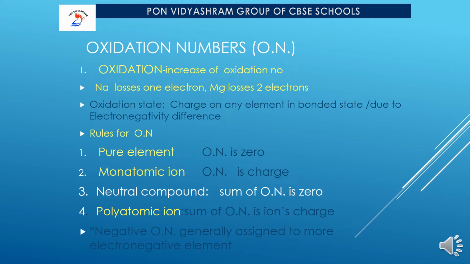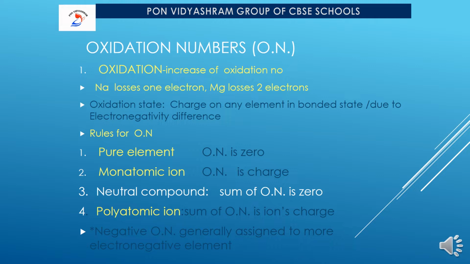Let us continue redox. Redox is a combination of oxidation and reduction. Under oxidation, loss of electron is called oxidation. We know that when an element loses its electron, it gains positive charge. The donating capacity depends on the stability of that particular element. For example, sodium can donate 1 electron to attain the stable electronic configuration, whereas magnesium has to donate 2 electrons to attain the stable electronic configuration.